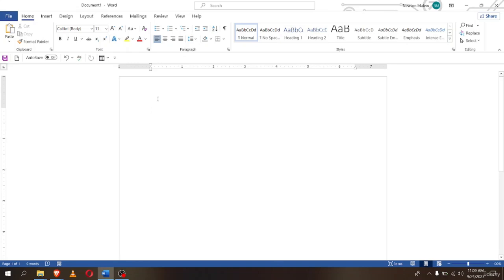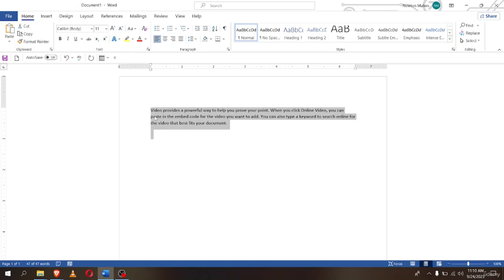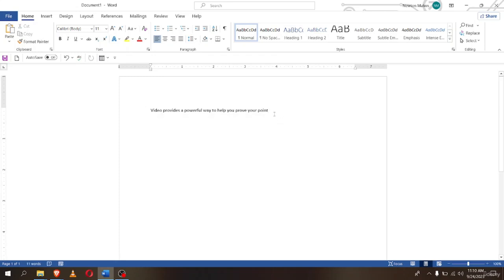So now that we've understood the screen tips, let's go ahead and take a look at the contextual menus. To do that, I'm going to add a text right over here. So this is the text that I added right now. I don't need all of this text, so I'm just going to delete this. Now for instance, if I go over to this point word only over here, and if I